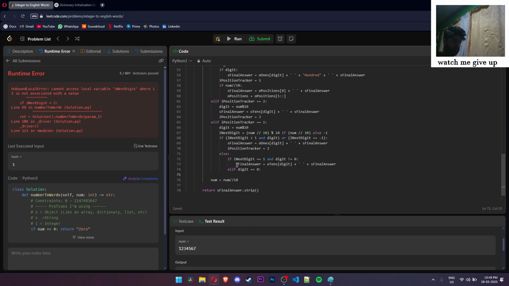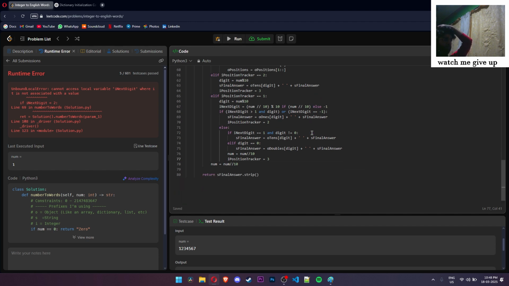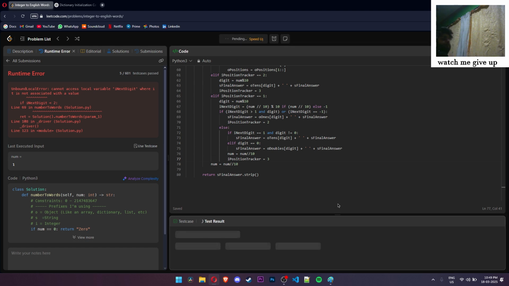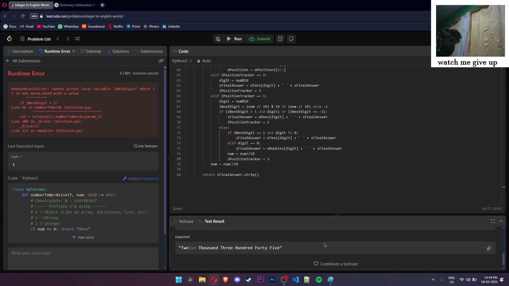Then so we got doubles and num equals num floor division by 10, position tracker equals 3. I think this will run in any case. I hope I didn't break something. Okay,